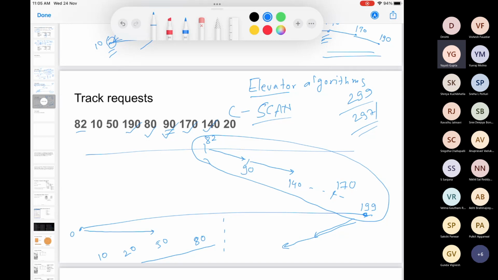So the idea here is, when you come, so assume that there are a million tracks, right? And you are coming from your 0th track all the way to the millionth track. You just now served whatever request was there at the millionth track. Where will be the maximum number of requests now? Assume it like a dynamic system. There are requests for different tracks coming up.